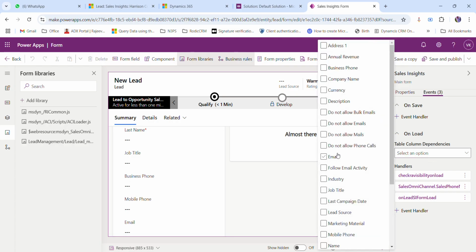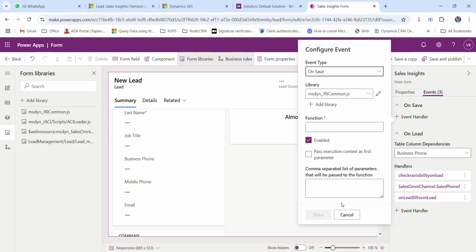So on load, we will define business phone. Business phone does not contain data. This is the event on load. We have to select our event type as on load, and our library is